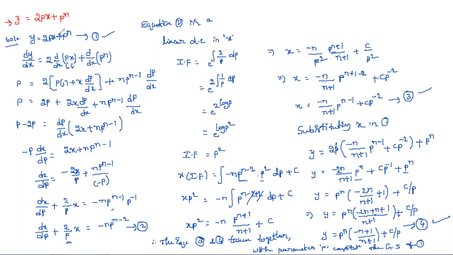So this is one of the models. In the previous problems we discussed, elimination is possible, so that's why we calculated the p value and substituted that p in the given problem. But here we are not getting p directly from this. It is not possible to eliminate p. So in that case, we calculated x and substituted this x as it is in the given problem. Now we got y is equal to this. And we say that the general solution of the given differential equation is equations 3 and 4. So those two are the solutions for the given differential equation. Okay, so this is the one.